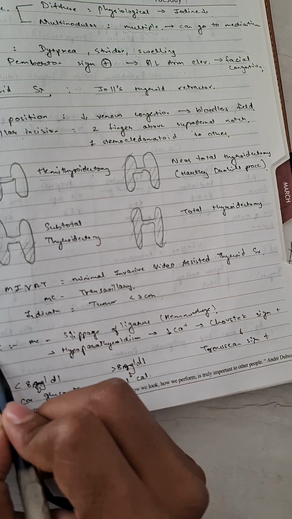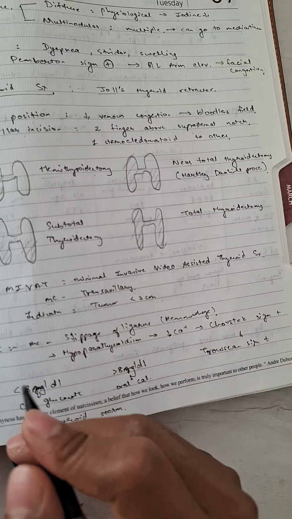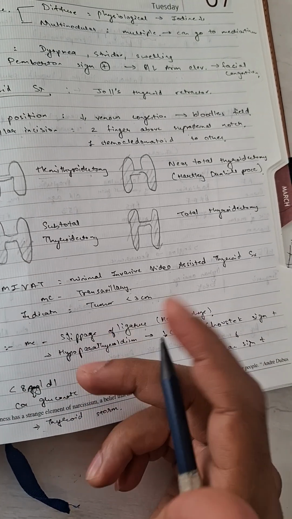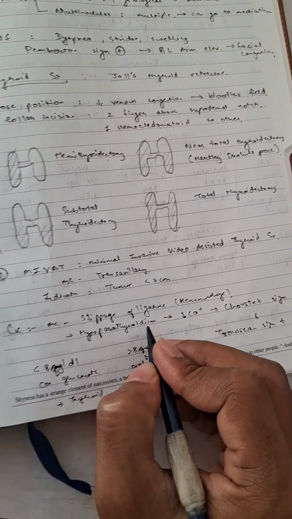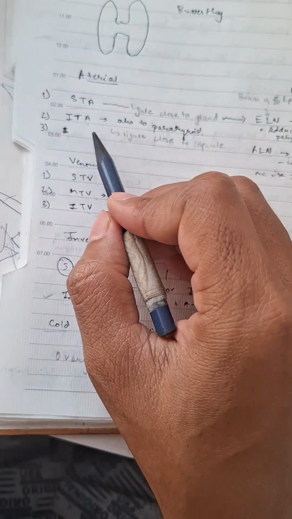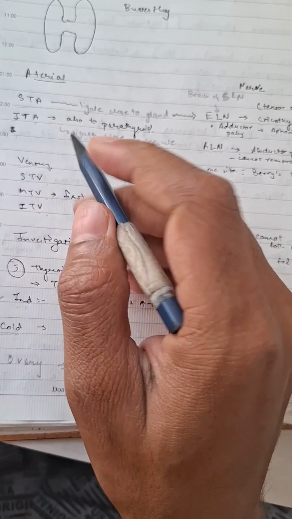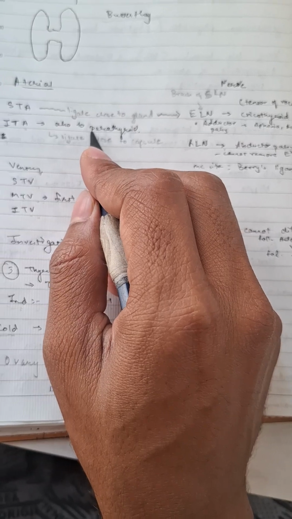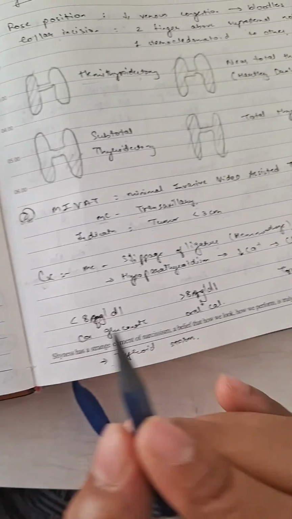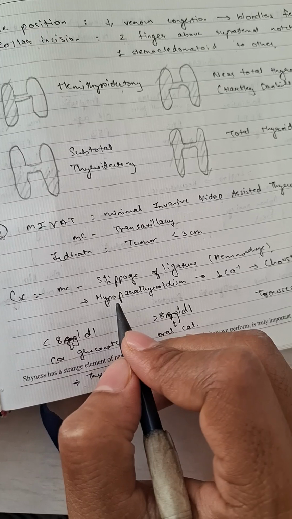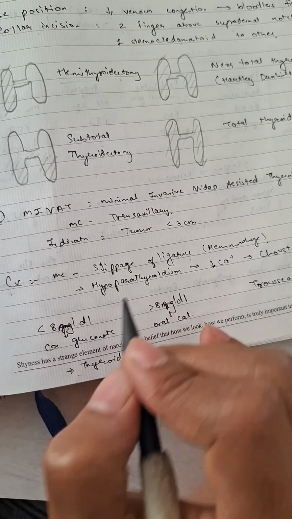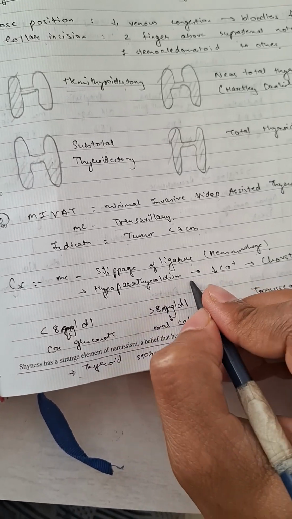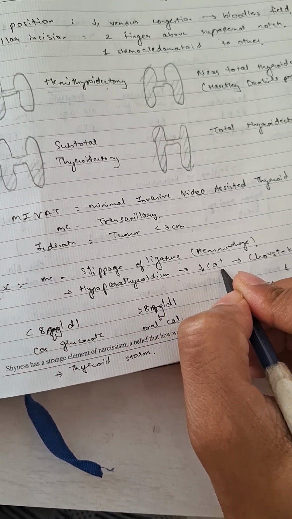What is the most common complication of thyroid surgery? It is the slippage of ligature, which will cause hemorrhage. Another complication is hypoparathyroidism. As you remember, as I said here, if you damage the inferior thyroid artery, it can create problems in the parathyroid also. So suppose if you make any problem in the parathyroid gland, then it will cause hypoparathyroidism,